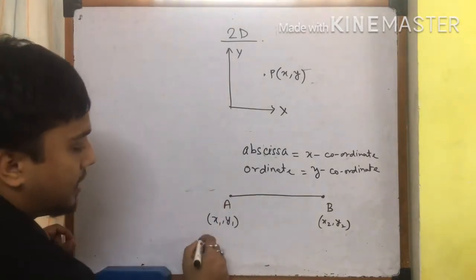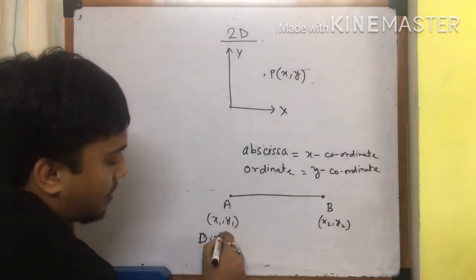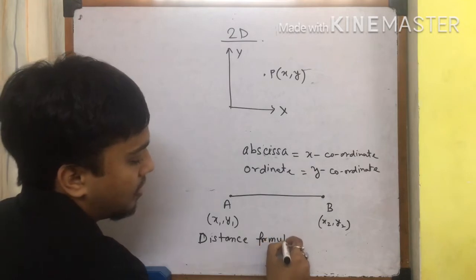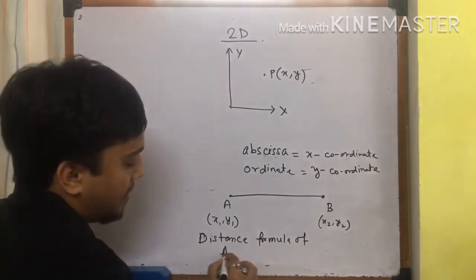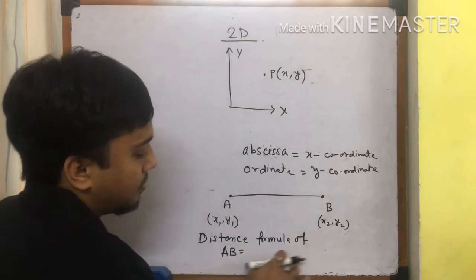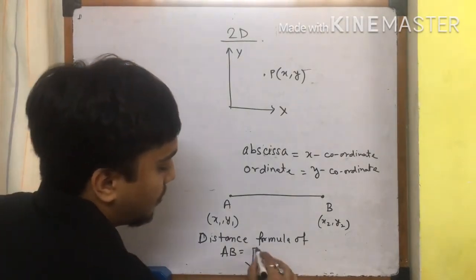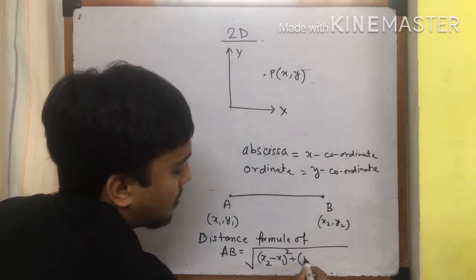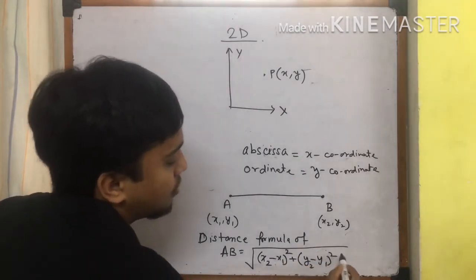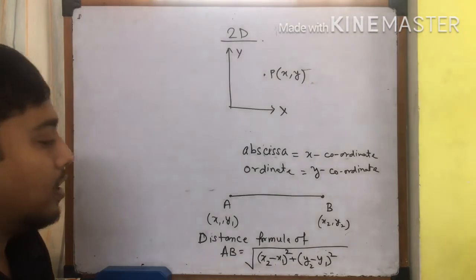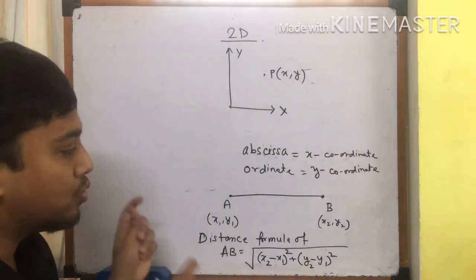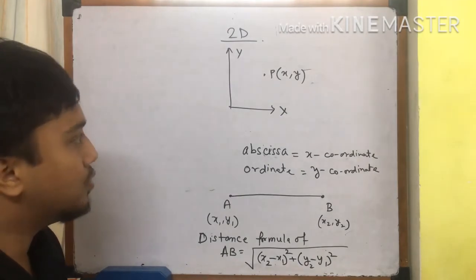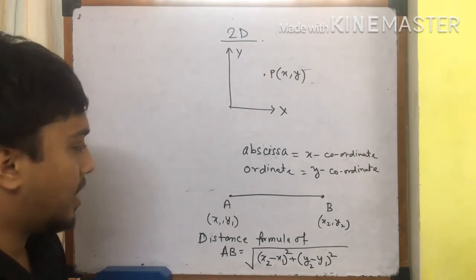So the distance formula of AB is equal to root over (x2 minus x1) whole square plus (y2 minus y1) whole square. This is the formula of distance between two points with two coordinates, and it is quite easy to remember. And now we will